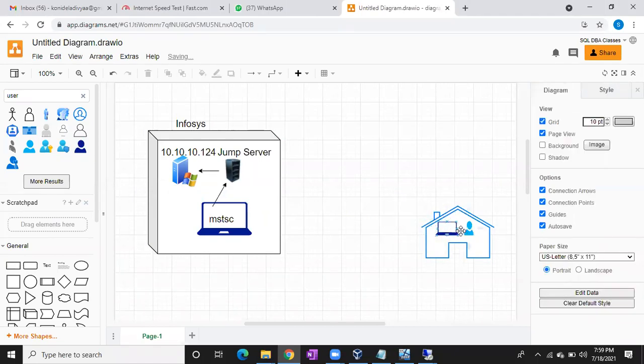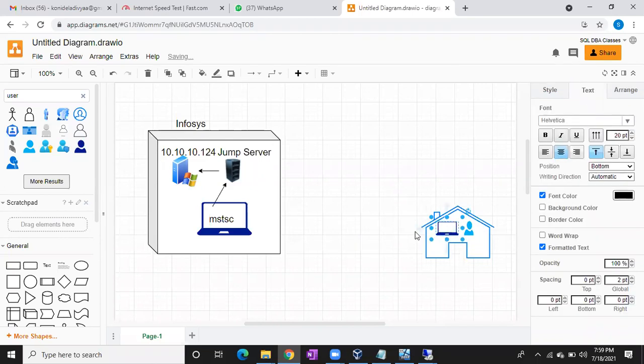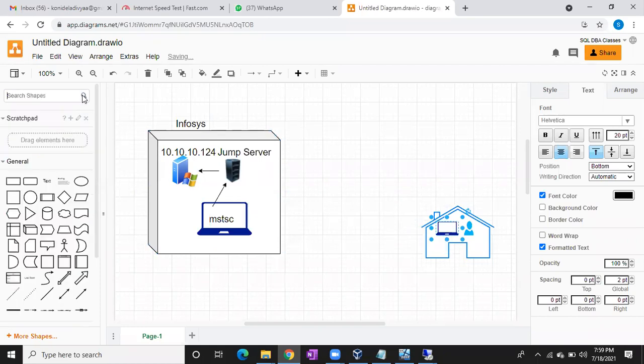Now you are doing work from home. This is your laptop. Now you just connect to the internet.